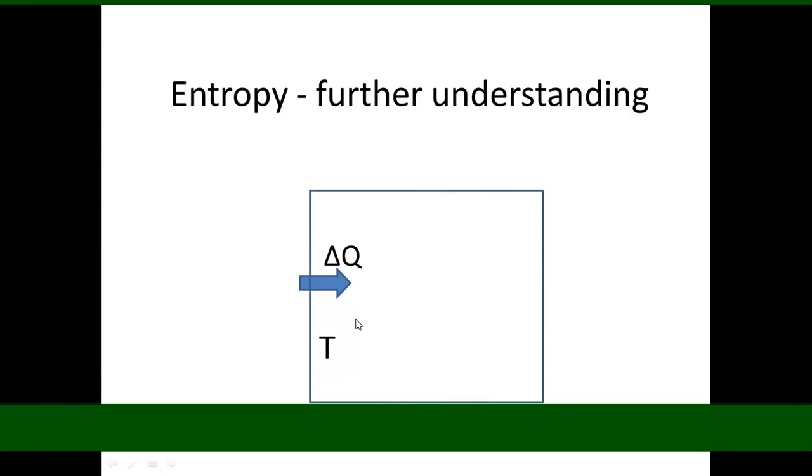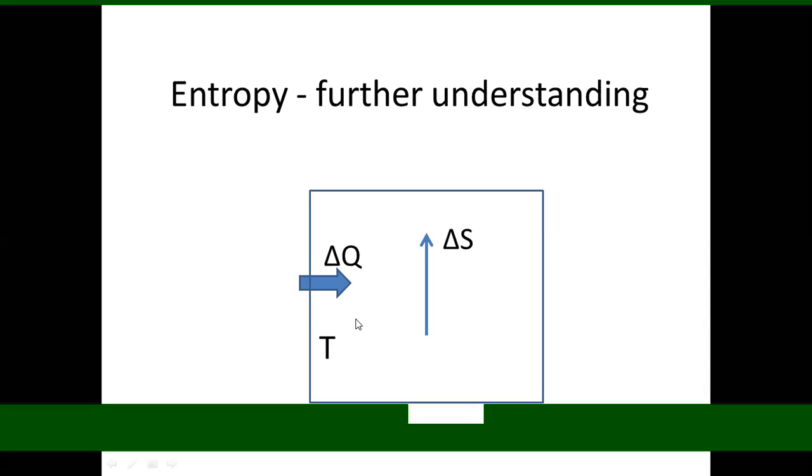Now you can see for this space, heat delta Q is transferred at the boundary, and just inside the system the temperature is T. Because of this delta Q at temperature T, there is an increase in entropy, delta S. You know that delta S is a calculated property, and today we are going to see further practical aspects of entropy. So delta S is the increase of entropy.